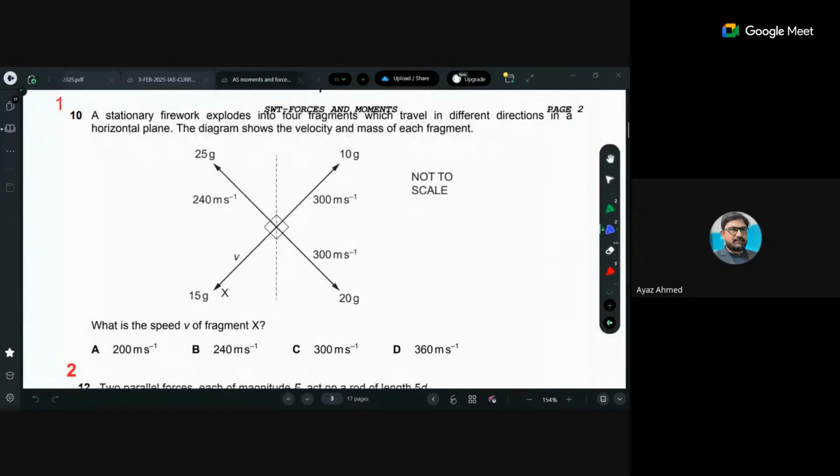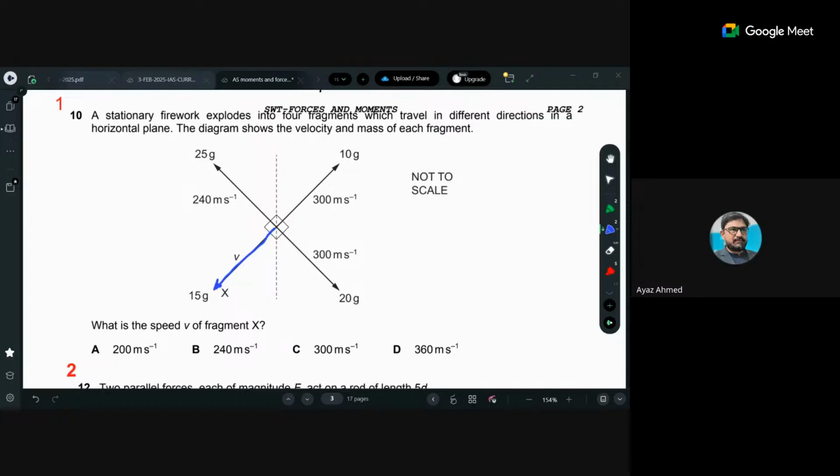Question number one was that a stationary fireball explodes into four parts. This was basically a momentum question in your test, which you have gone through. That's why I believe it was not difficult. The parts travel in different directions in the horizontal plane. The diagram shows the velocity and mass of each part. What is the speed v? For that purpose, you have to calculate this speed. This speed is in the opposite direction of the